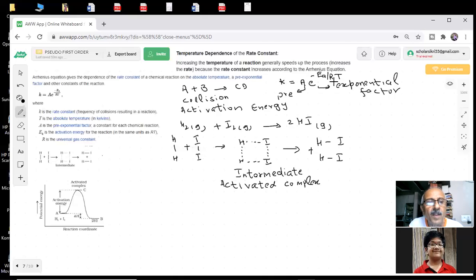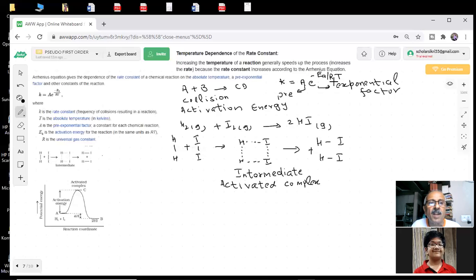So, back to the story. Where are we? See, this is our graph, potential energy versus reaction coordinate. I said graph is very important. Always take two axes, one axis and the other axis. Here is my hydrogen and iodine. You see, I have not shown hydrogen and iodine at zero point because they were having some energy. At room temperature, particles, air molecules are having some energy, you know. What we call internal energy, thermal energy.